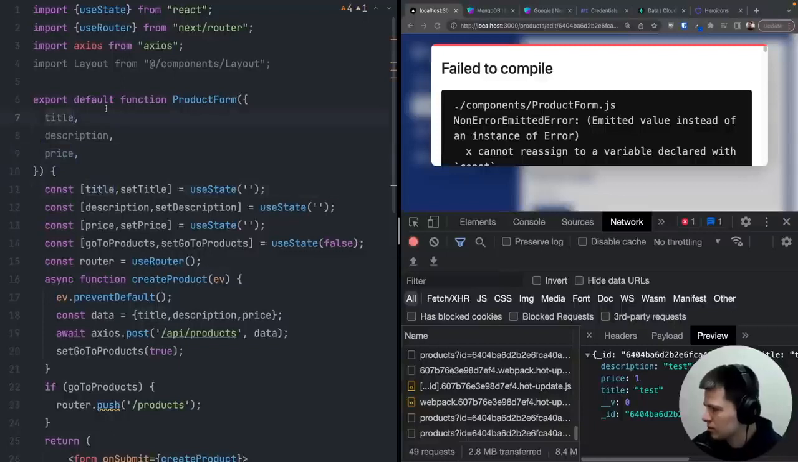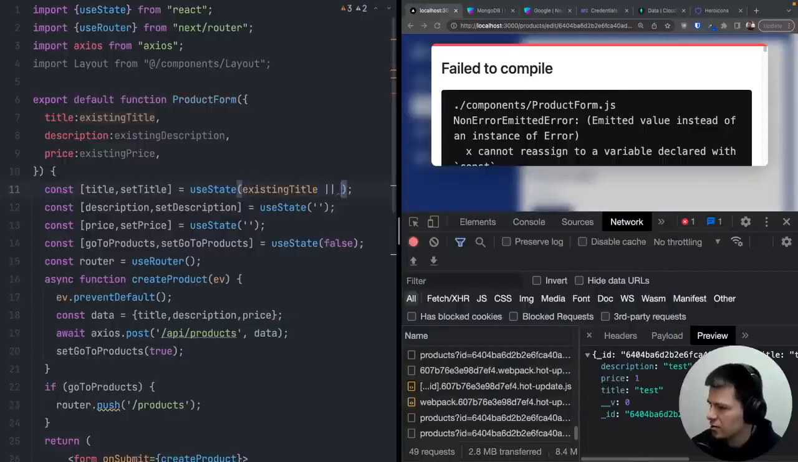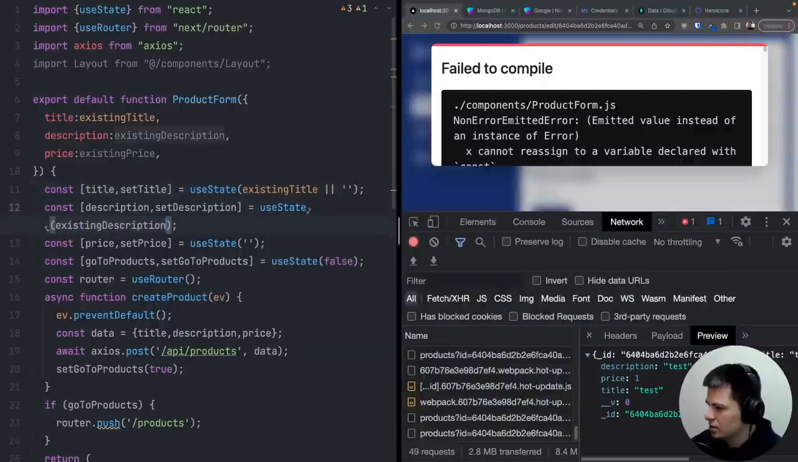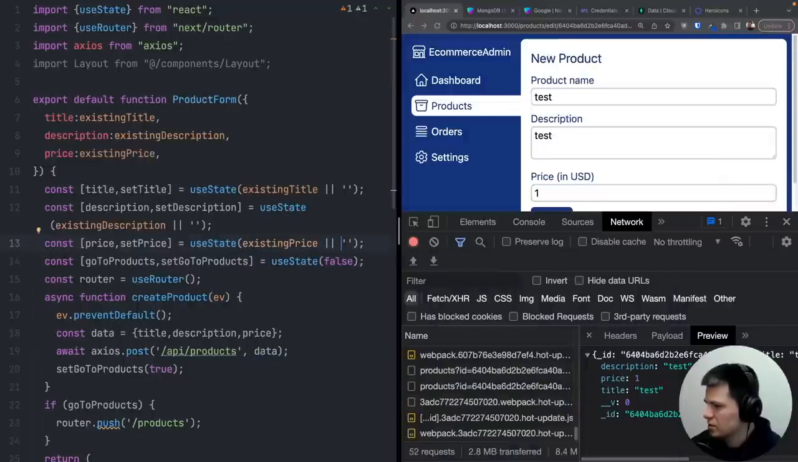So I can rename those properties to, for example, previous title, or existing, or maybe current title, existing title, and this to existing description, and this to existing price. And this way, instead of doing empty string here, I will do existing title if it exists, otherwise empty string. Same here, existing description, otherwise empty string. Here for the price, existing price, otherwise empty string. And now it works. And now as you can see, we get this form that is filled, but the problem